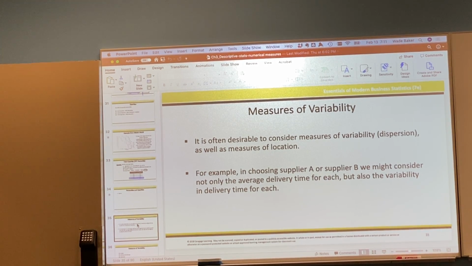Let's take a break, 5 minutes or so, and we'll go into measures of variability, how dispersed